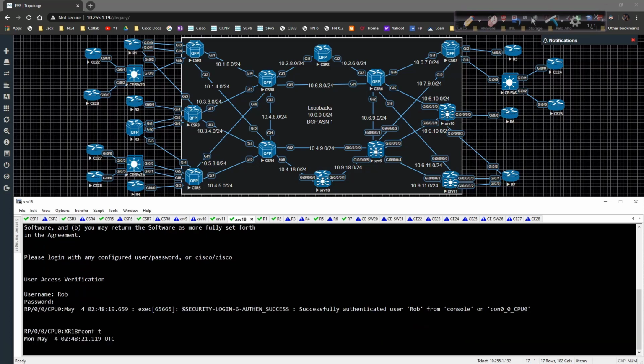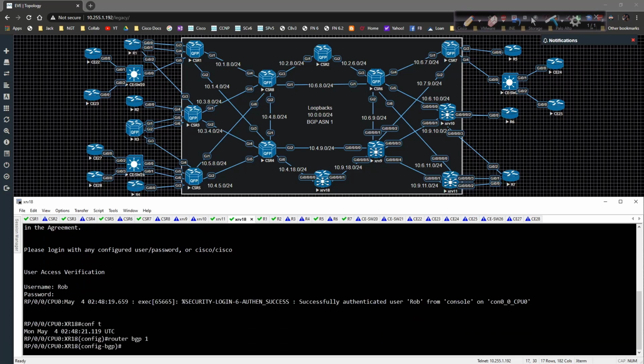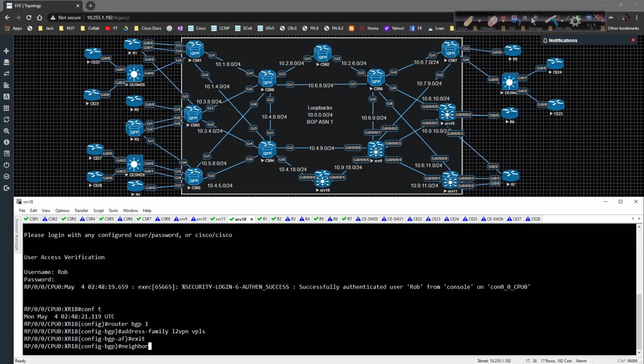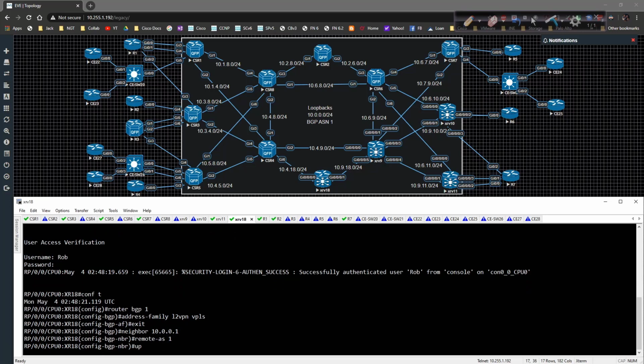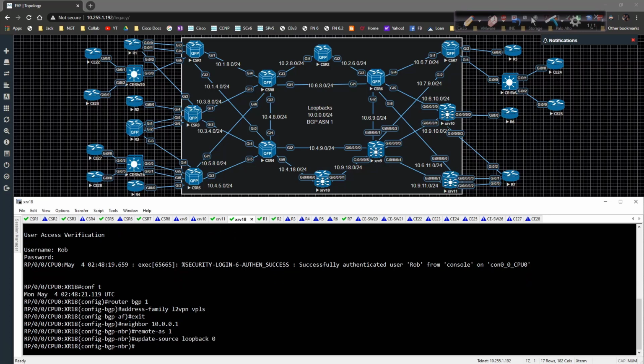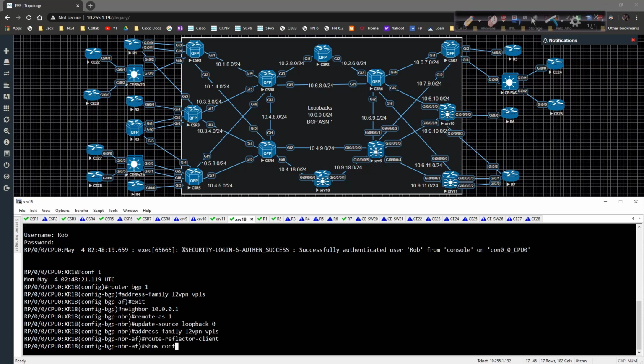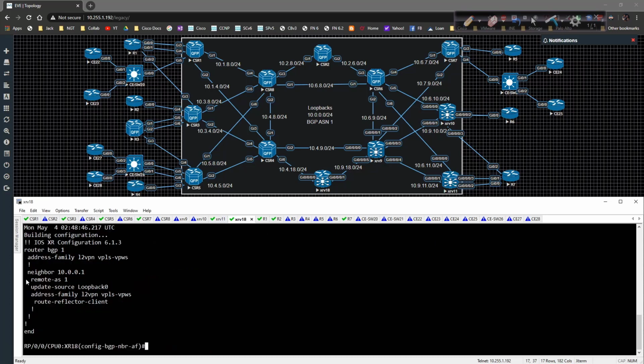We're going to go to global config, router BGP 1, address family L2VPN VPLS, and we're going to say that neighbor of 10.0.0.1, remote AS of 1, update-source is loopback 0, address family L2VPN VPLS, route reflector client, and we're going to do a show config. I'm literally going to copy all this syntax right here, and we're going to do the same thing for 3